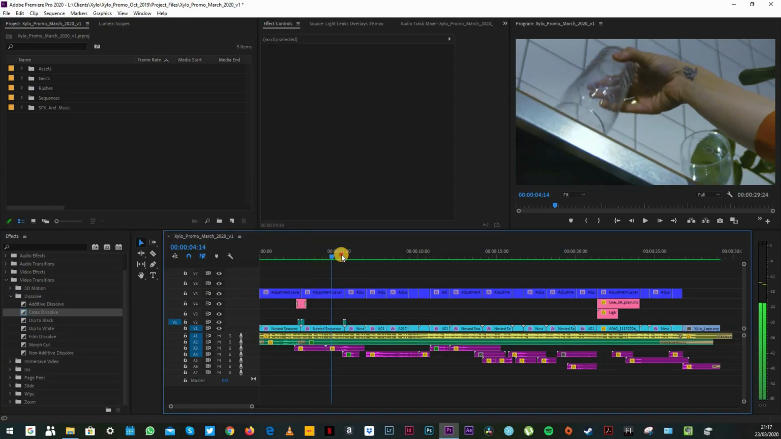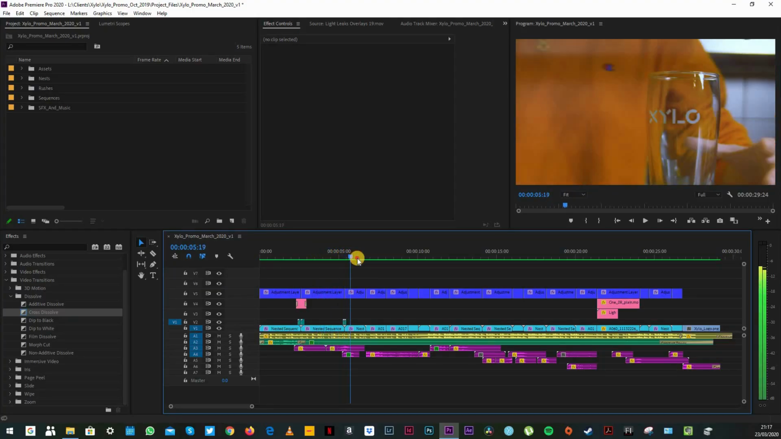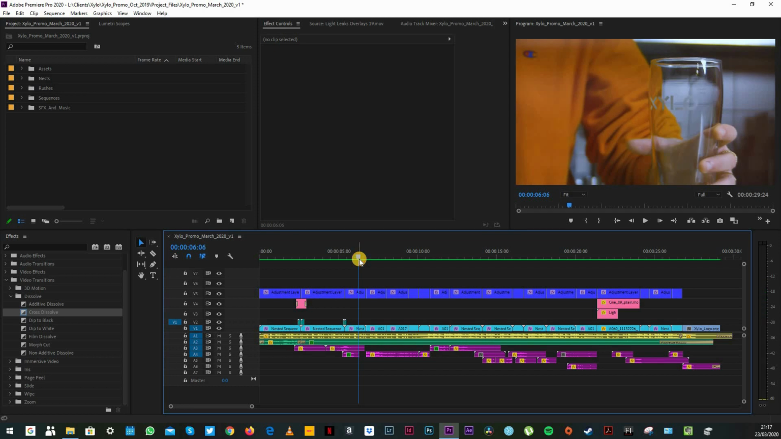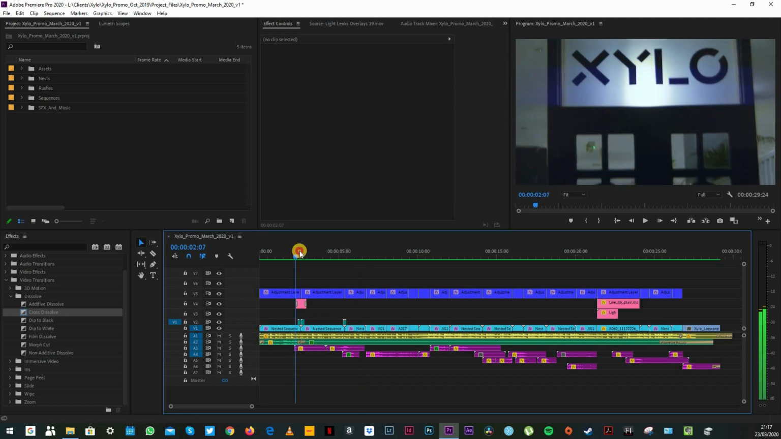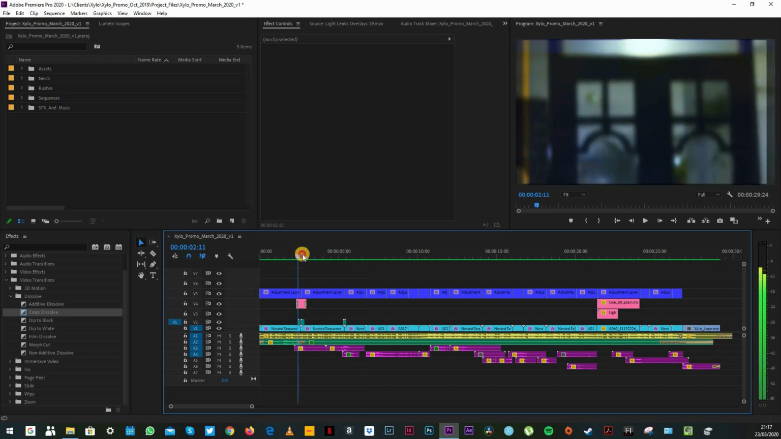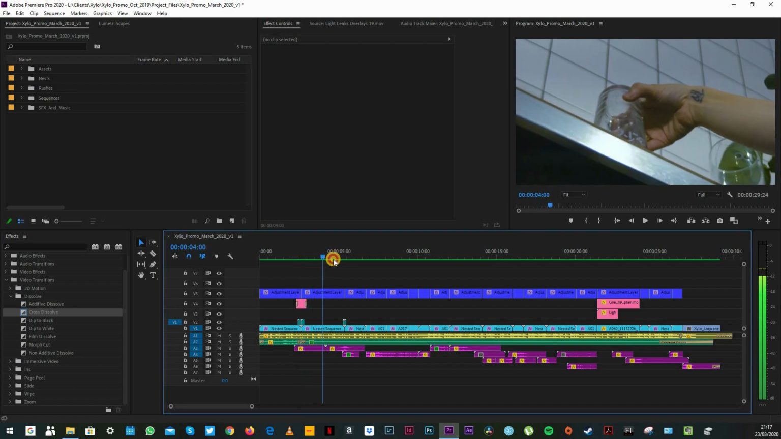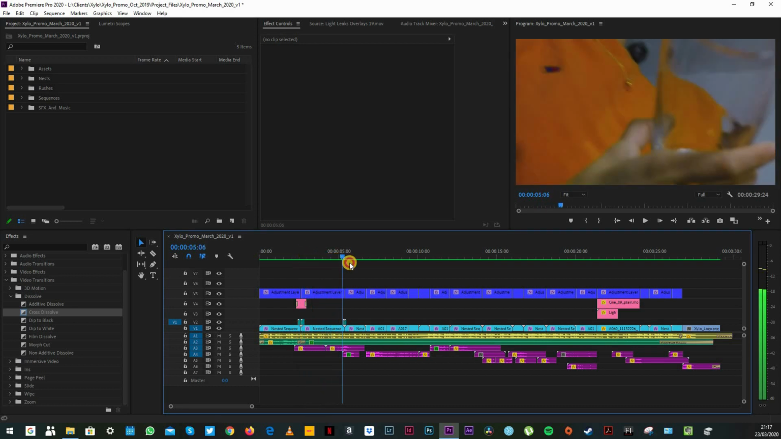So we follow the hand down and then it whips into another transition of the glass sliding across the bar. And that again is just a transition. That's a preset transition that I got from Envato Elements. And I should say that both of these are speed ramped. So we speed ramp out of this clip and into this clip, and then out of this clip and into